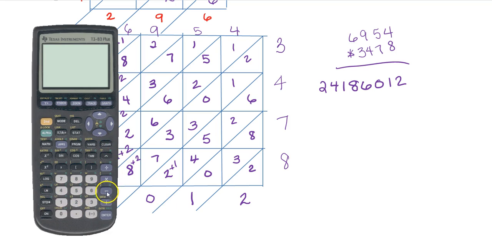So I've got 6954 times 3478. So 24, 18, 6012. So being able to multiply something like this in a very short period of time is